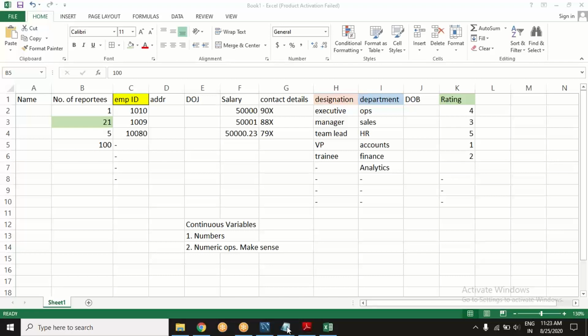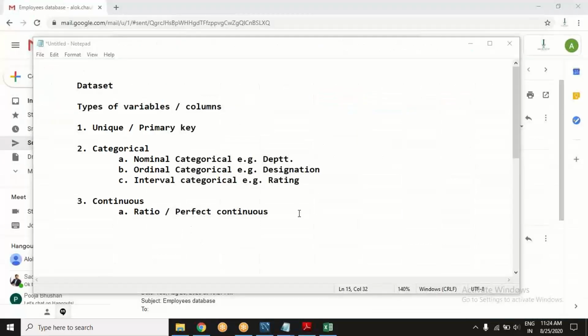What do we call them? No, not employee ID. Monarch. Employee ID is not even a continuous variable. As numeric, it does not have any meaning.